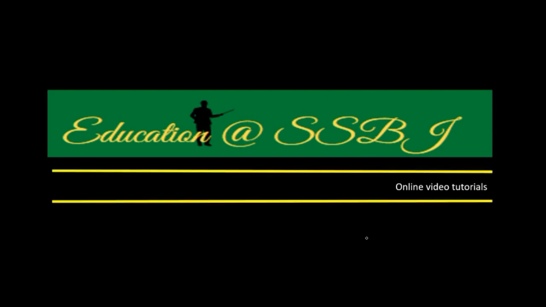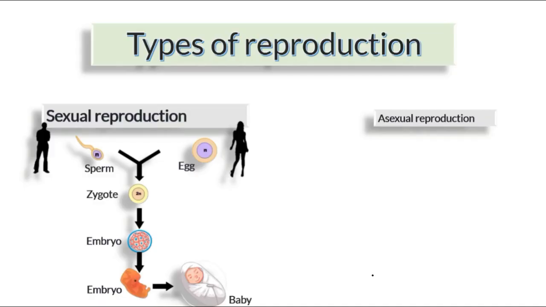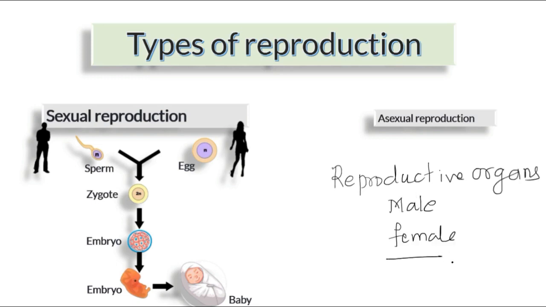We were in the chapter Reproduction in Animals of class 8th, and in the previous video tutorials we have learnt about the meaning and types of reproduction. We have also learnt about reproductive organs, male and female. Now, before we go into new content of this chapter, we'll quickly revise the previous information so that we can effectively connect the present information which is to be learnt.